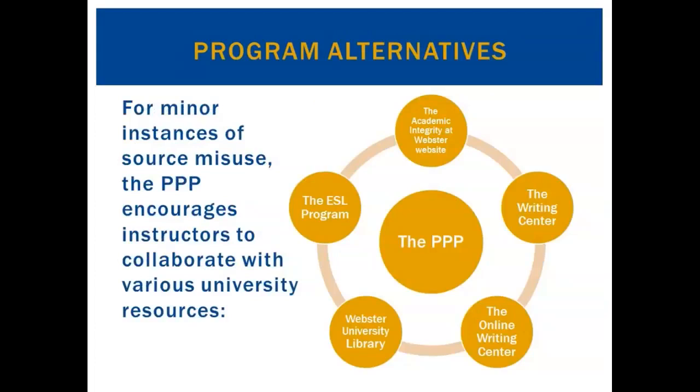So the Plagiarism Prevention Program, or the PPP, which is in the middle, is a program that you certainly can send students to remediate them so that they can learn about how to cite properly and how to write academic papers properly. But if it's just a minor mistake, and you think that the student can work to overcome this,